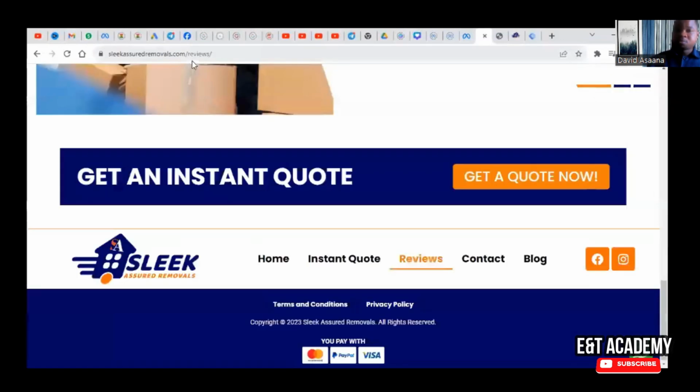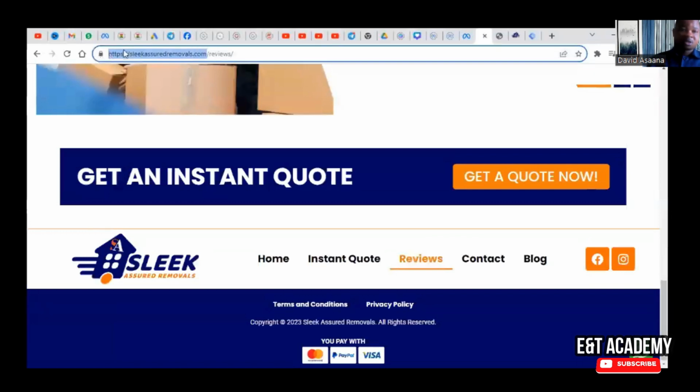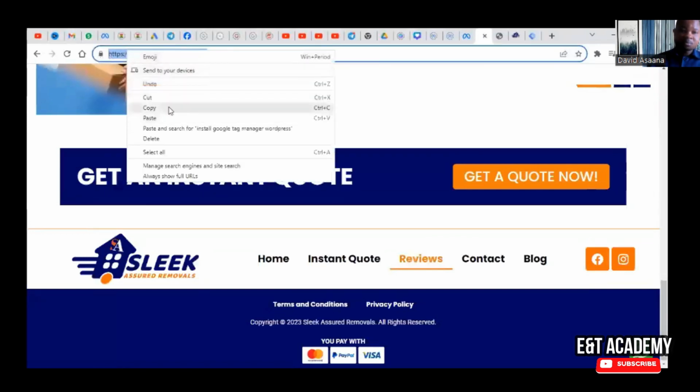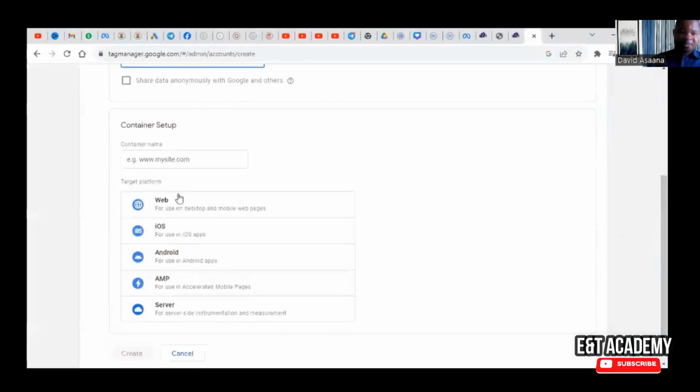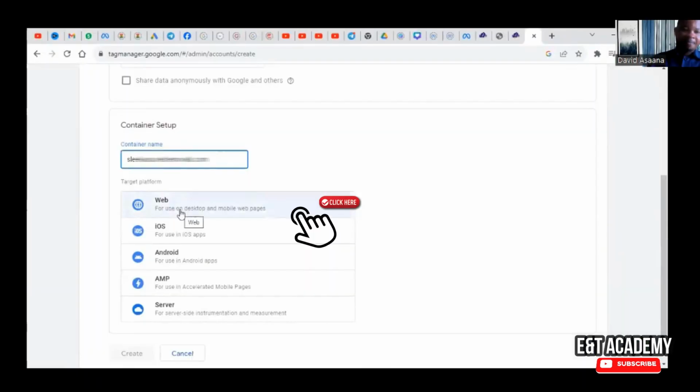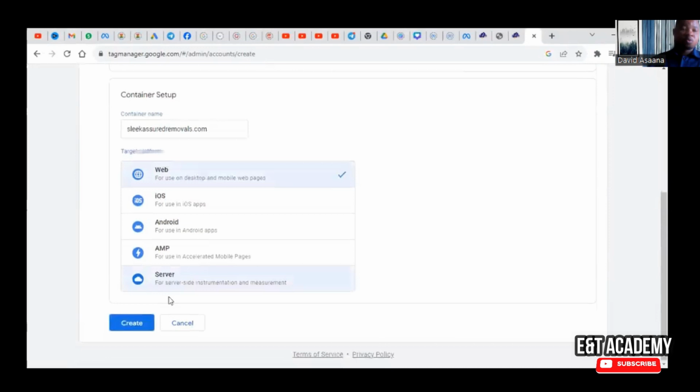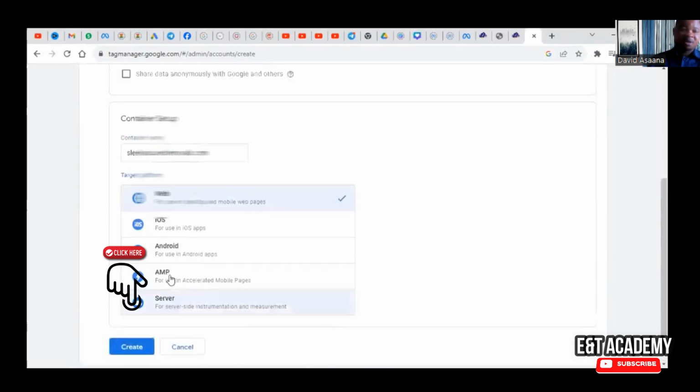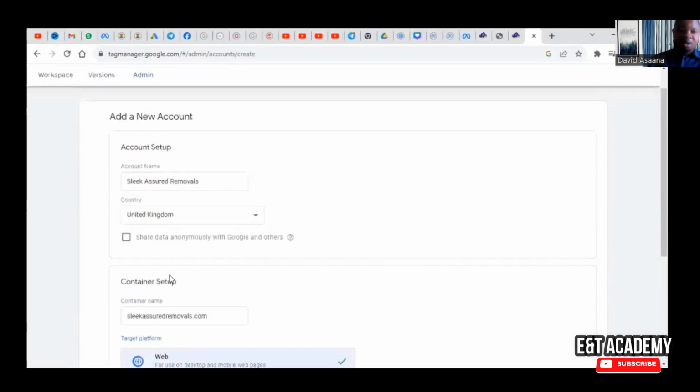So for example, I'm going to copy this website URL and then paste it here. And then select web. Now, this is a website, so you select web. We have iOS, Android, AMP, and other types. But if yours is a website, you select web and create. So when you click on the create, it will load for some few